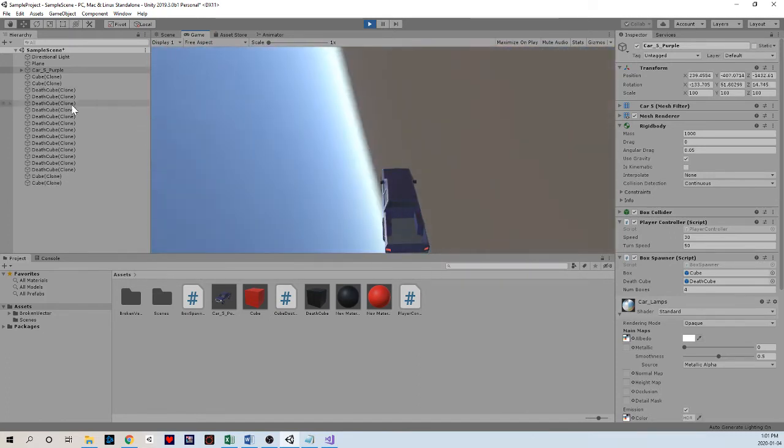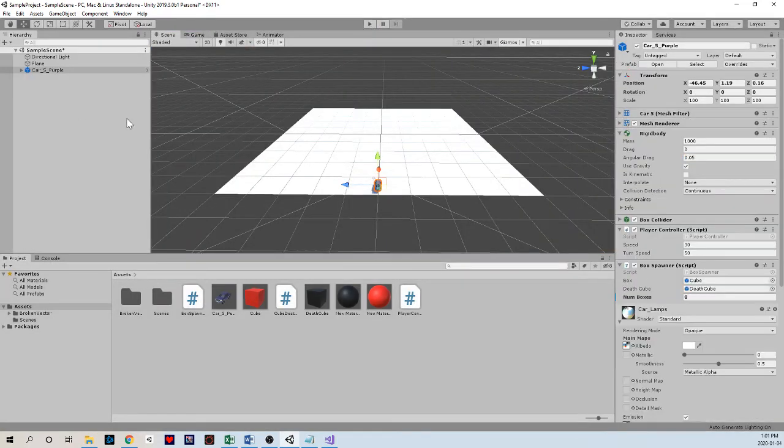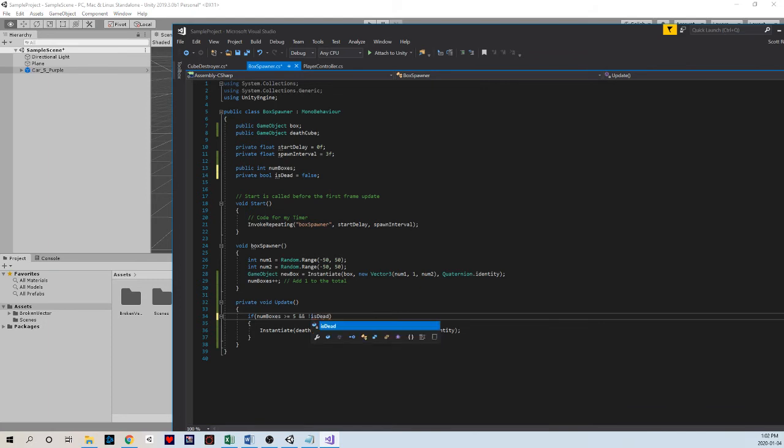Now I do notice one thing that I made a mistake on. Look how many death cubes are being spawned. I have like an infinite number because my number of boxes is repeating and repeating. So I have one way of making this not happen, just to make my code a little bit tidier. I'm going to create a private Boolean, a true or false. I'm going to call this isDead. I'm going to say it is false. Okay. And I'm going to say if num boxes is greater than 5 and I am not dead yet,